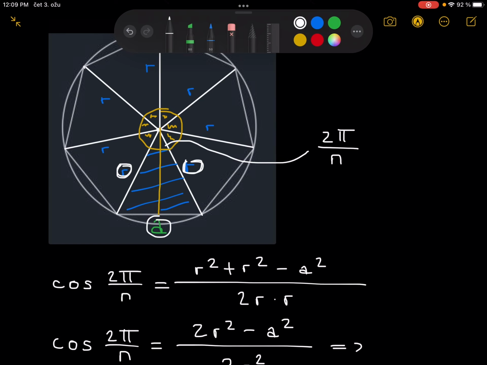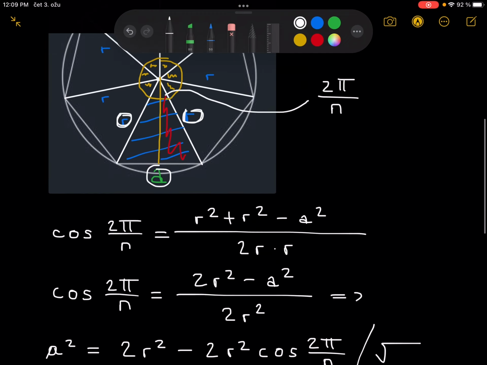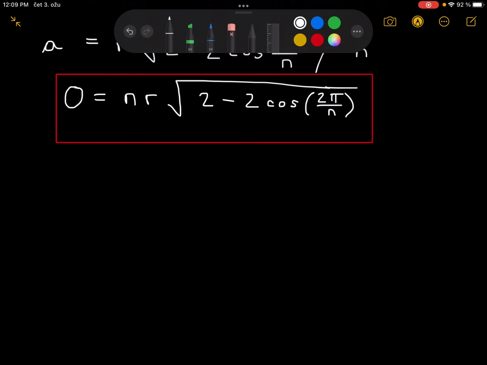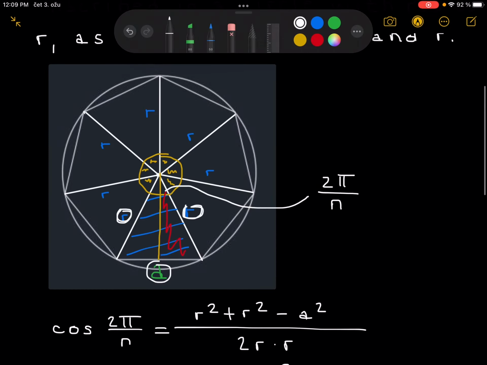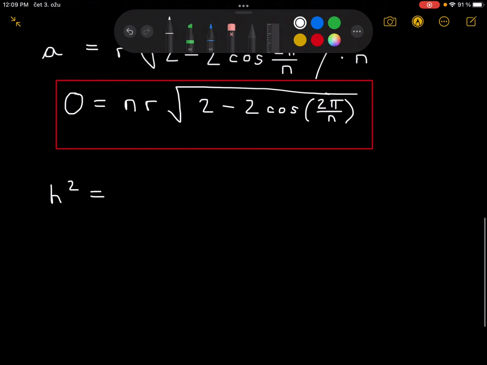And since I've already drawn this yellow line, we see that this yellow line is its height. And the height from this red triangle, which is a right triangle, can be expressed by using the Pythagorean theorem. So by using the Pythagorean theorem, we get that height squared must be equal to r squared minus a over 2 squared,